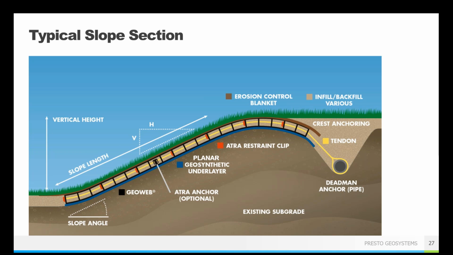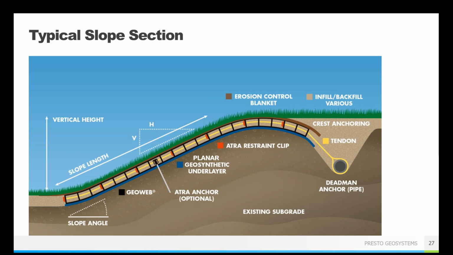You have your different anchoring options. We talked about those. You can either do the stake anchors, and those are along the slope face, or you have your tendon option, where then you have crest anchorage, typically a buried dead man pipe, but we also frequently see earth or rock anchors, or even tying off to existing structures. If you've got a building, per se, at the edge of that crest, you can tie off the tendons to that building and use that to hold the GeoWeb panels in place. You typically will not see both anchorage options together. It is either stakes or tendons. Very rarely do you see both together. So just something to keep in mind.